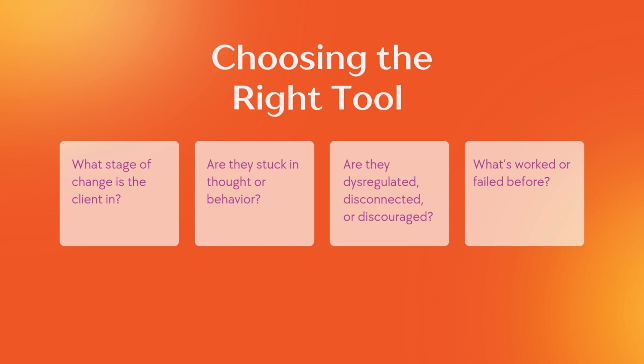And once you've asked these questions, you need to match it to the REPLAN area. If they need safety or trust, focus on R for relationship. If they're ready but unsure, try E for efficacy or A for activate hope. If they need to try something new, use P for practice. If they're overwhelmed, start with emotional arousal. If they're searching for clarity, offer some new learning. It's not about memorizing scripts, it's about reading the room, reading the client, and choosing the tool that fits their